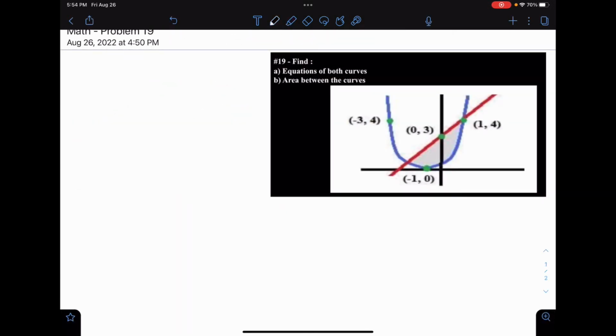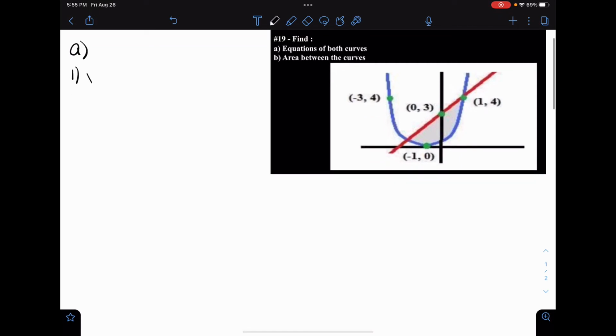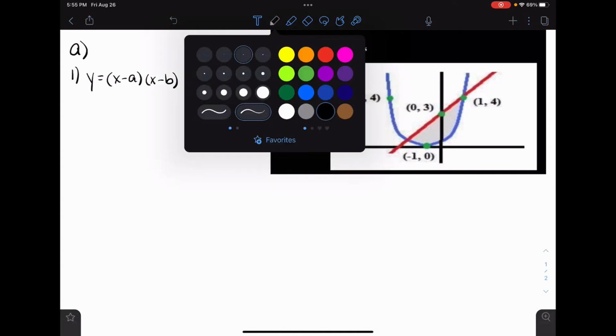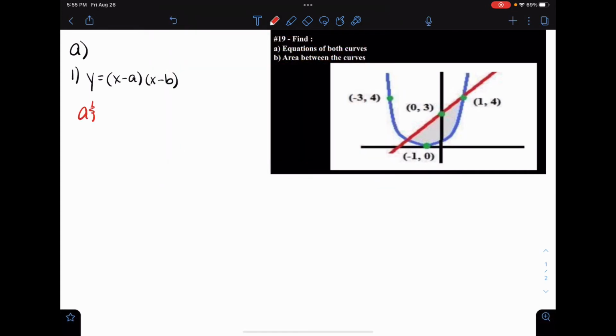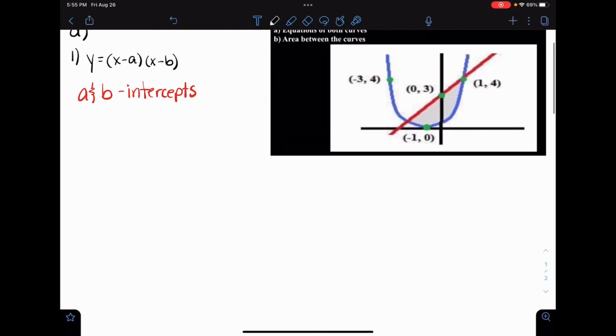Problem 19 first asks us to find the equation for both of these lines that we're given. So if you want to start with first finding the quadratic equation line there, we'll start with the formula for a quadratic line, which is y equals x minus a times x minus b, where a and b are intercepts along the x-axis. So in this equation, our quadratic curve just touches tangentially to the x-axis, so